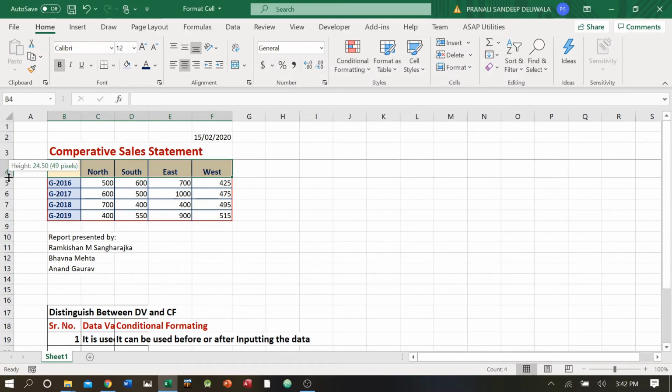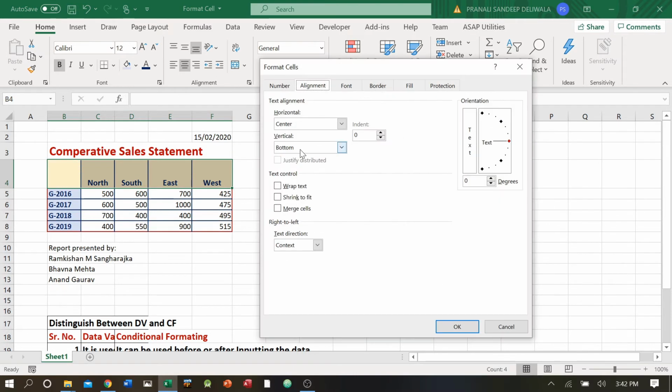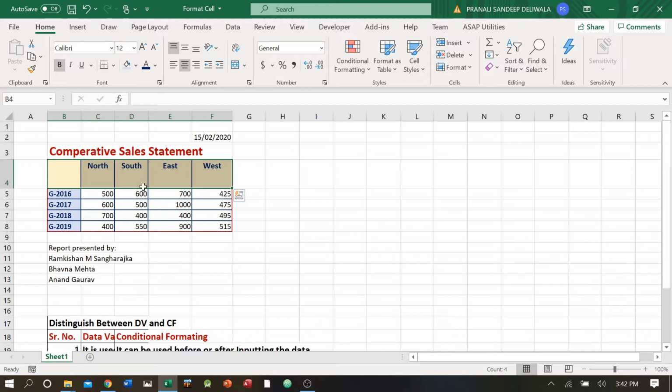I'll deliberately increase the height of the cell. Again, I'll go inside, and this time I'm going to do vertical. Okay, I'll do top. You can see what happens, and I'll say OK. You need not go inside. This is vertical. I'll say middle. It will come in the middle. If you say bottom, it will come in the bottom. This is left bottom, left center, center right, and this is the most used, center middle. The most used, center and middle.